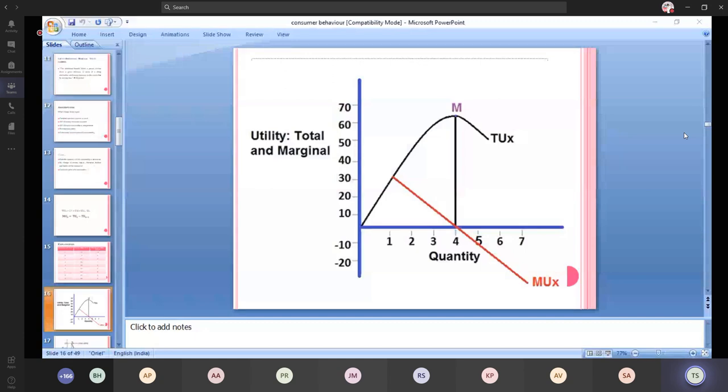which you choose, which is in the table, and that should be in a sequence, that is, the total utility increases and reaches the maximum point and then it declines. That should be in this sequence. Likewise, the marginal utility, while the total utility was made in that particular sequence, is normally a downward sloping curve. Is it clear?